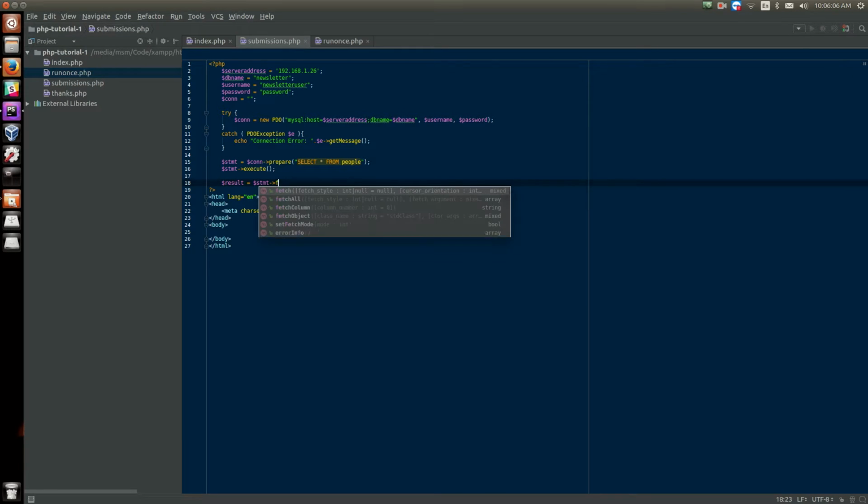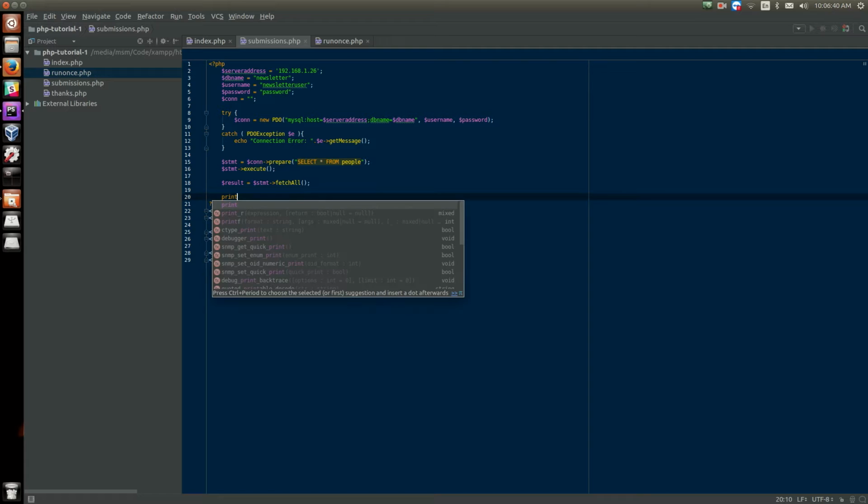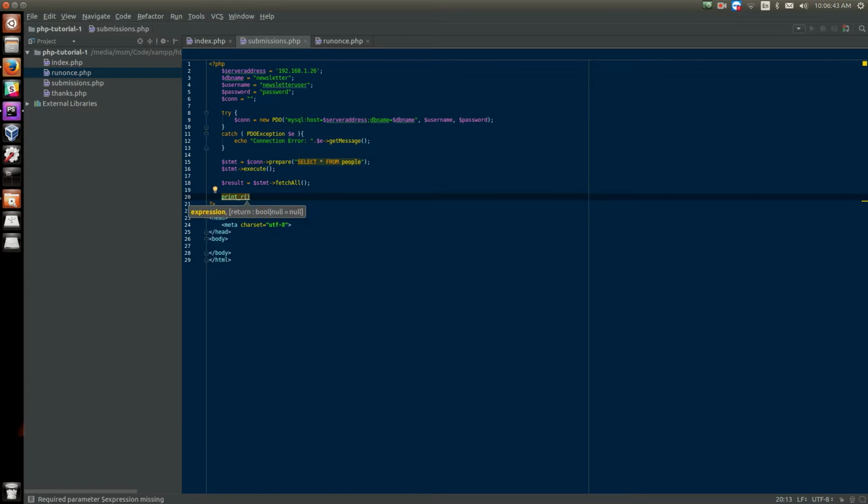To get the result, we use the fetch all command. So what this does, taking a look back at our code, is it's going to prepare the statement, select all from the table people, so all of our entries from the table people, and it's going to execute that. And then as a result, we're going to fetch all of the results from this execution and store it in a variable. So now, if we just want to take a look and see if it worked, we can use a built-in PHP function, print_r